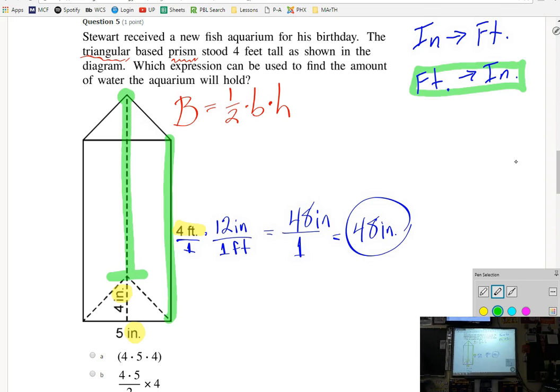So I did this intentionally because I don't know how those state tests are going to be set up. But you got to be careful, all because this looks like it's one line doesn't mean it is. This cuts off the base triangle right here and tells me that 4 inches belongs to that triangle. It is not part of that dotted line. So when I go to do my big B,